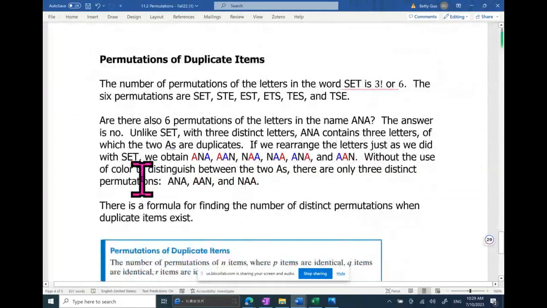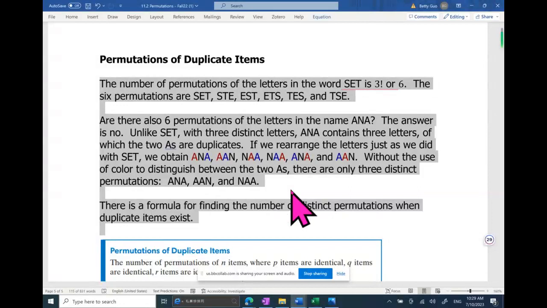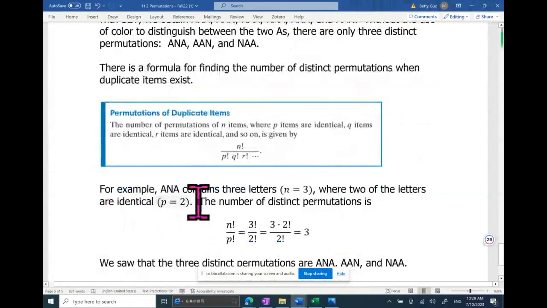topic is about the permutations of duplicate items. And this part explains in detail how to understand that if we have repeating items in the items that we choose, the number of permutations will be different, will be less. Okay, take time to read that part. I'm going to go straight to explaining how to apply the formula here, all right? Permutations of duplicate items. And you need to understand this concept because I remember in my lab math,